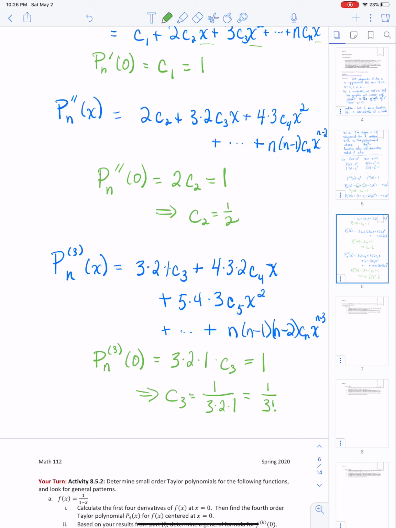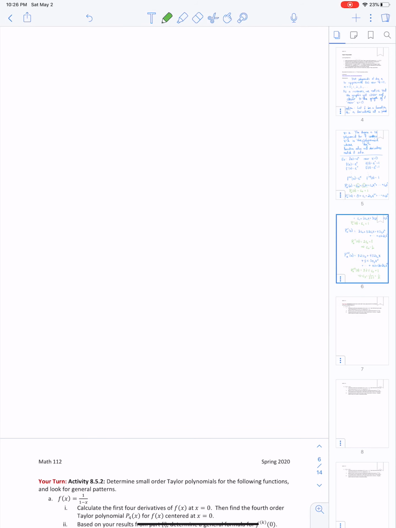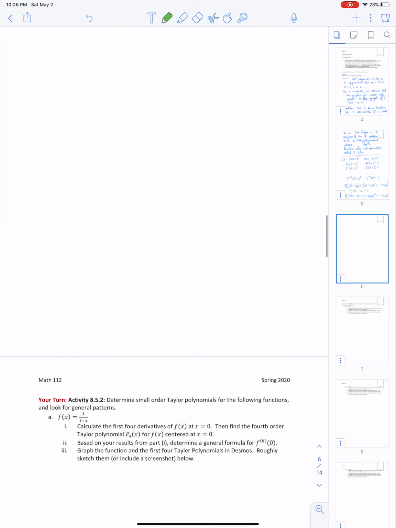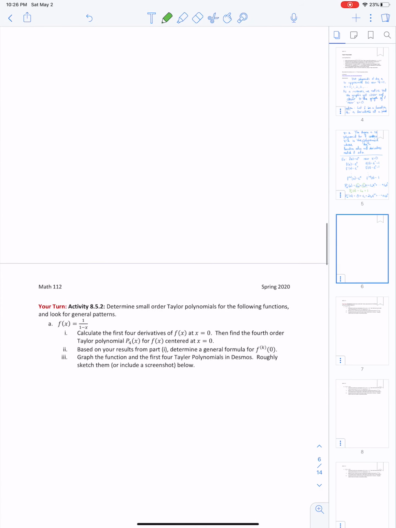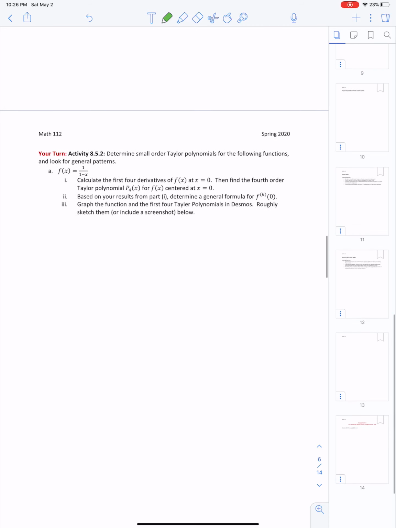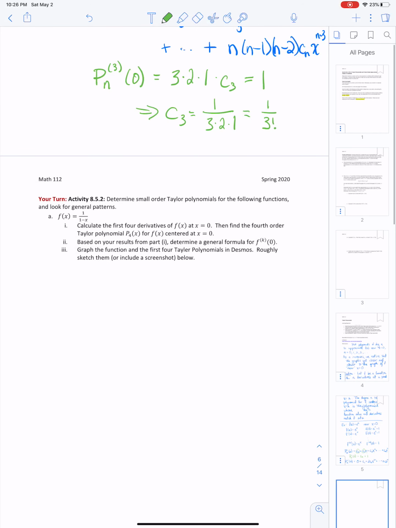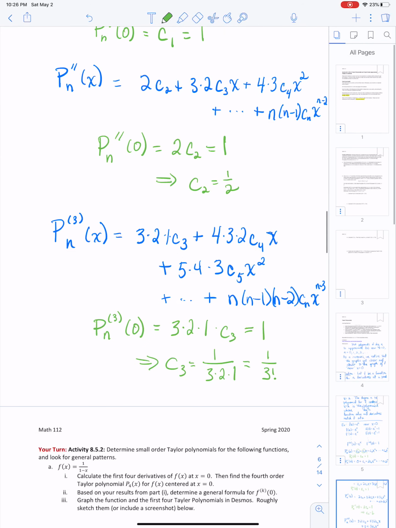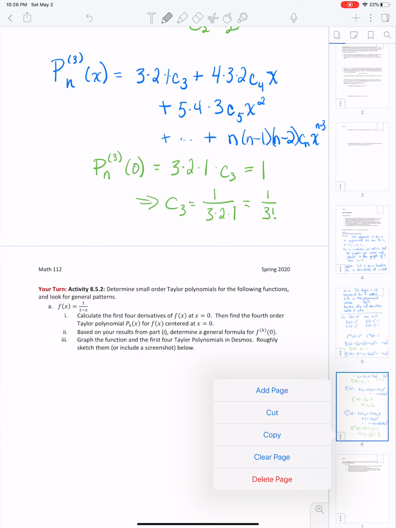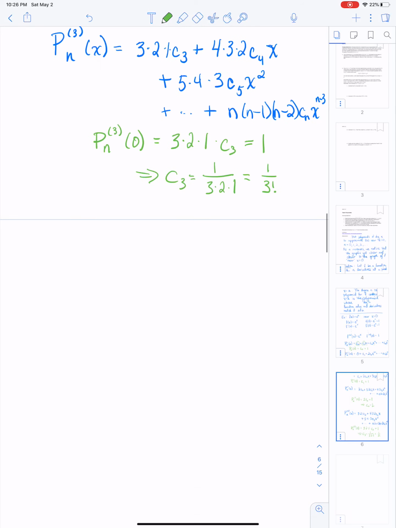Let me go ahead and add another blank page in here. So what we're seeing then, what happened? Did I just lose my extra page here? Undo. Okay, good. So let's go ahead and add a page. I think I deleted a page instead of adding. Okay, so at this point now, we've solved for c3,